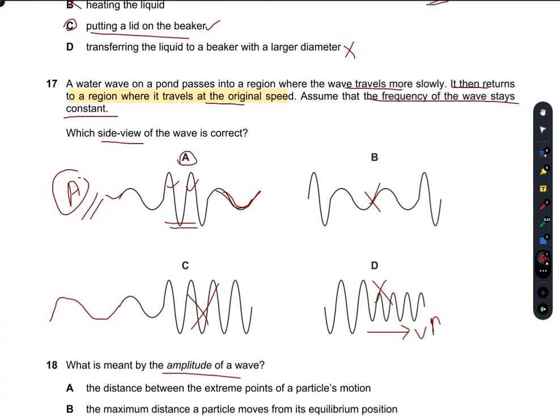So I think I should check 17 again for you guys. In C and D, you can see that the wave is traveling at this energy, and then it starts to vibrate like this. It doesn't return to its original speed. So the speed here is not equal to the speed later on. Similarly in D, the speed is not the same. C and D are incorrect.